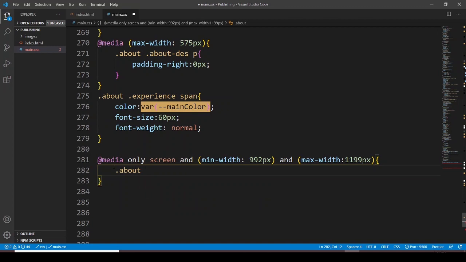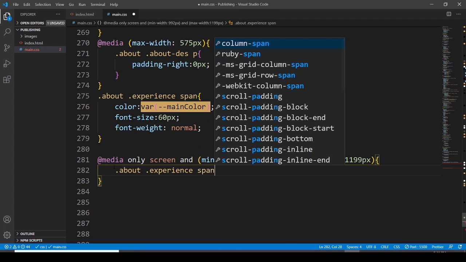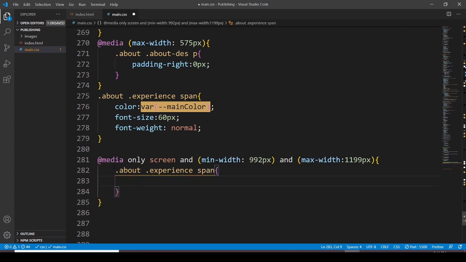About, and then experience class, and the span element is going to have a font size of 42 pixels,